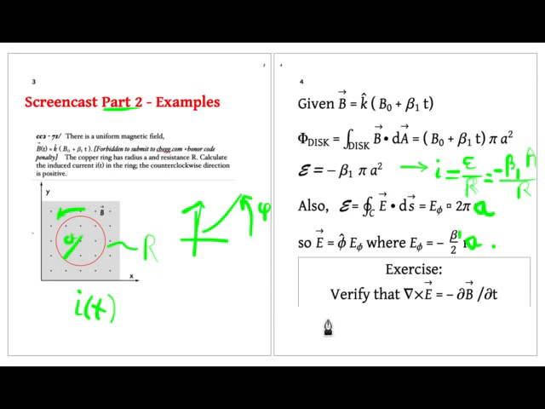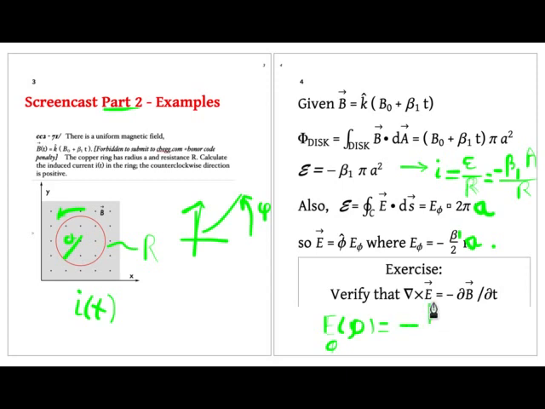And so at an arbitrary radius r, not the radius of the ring, but just some arbitrary radius in the space, actually that would be the cylindrical coordinate rho, the distance from the z-axis in the xy plane. So E phi of rho would be